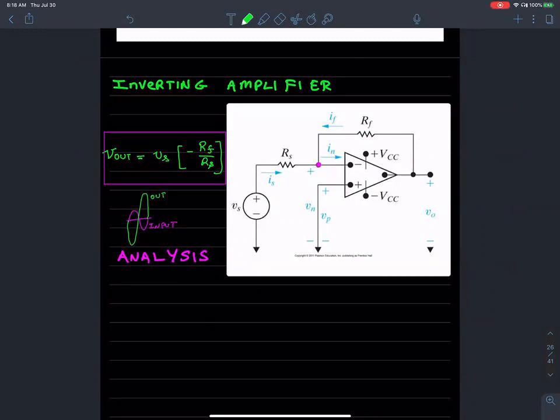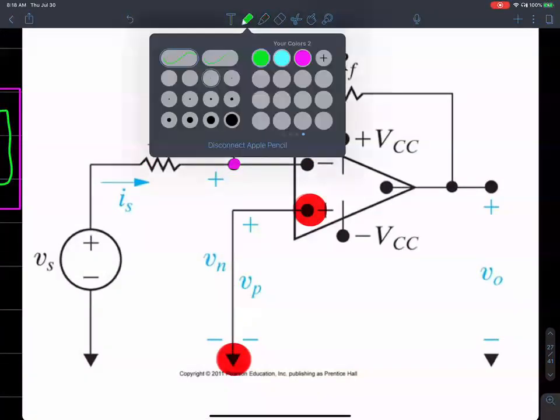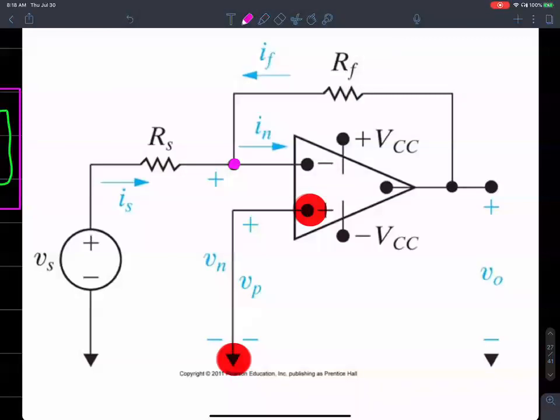The first thing we are going to notice on the figure is that the positive input terminal is tied to ground. So this VP is really zero. VP is really zero. So I'm going to call this node VN, and start by writing